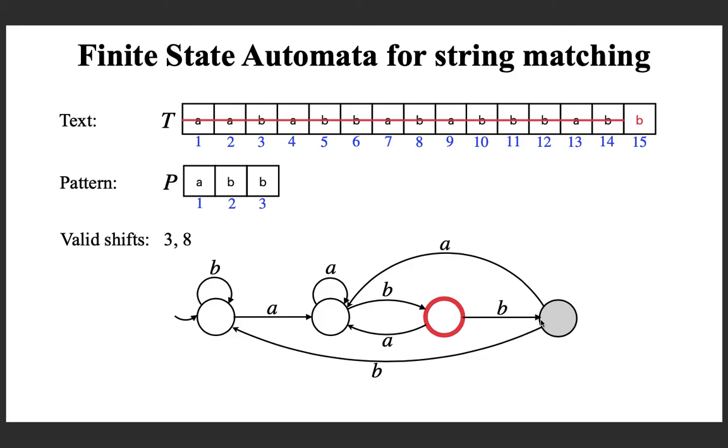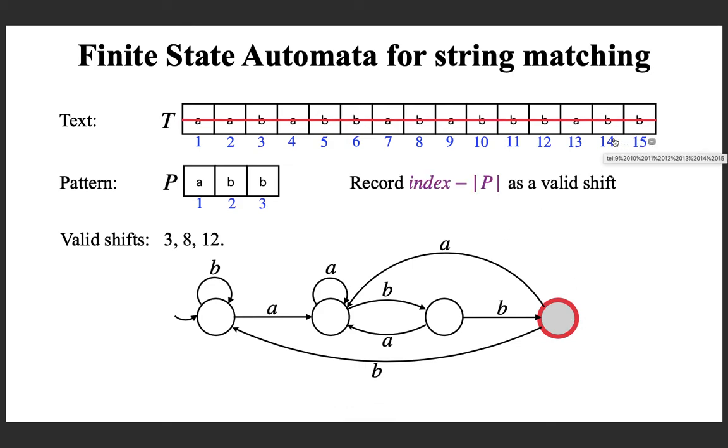So, you are moving right, landing up again in a final state. So, by following the same procedure, now you have to print index 15 minus 3, which is 12, as a valid shift. So, if you do this, the algorithm is printing 3, 8 and 12 as valid shifts,